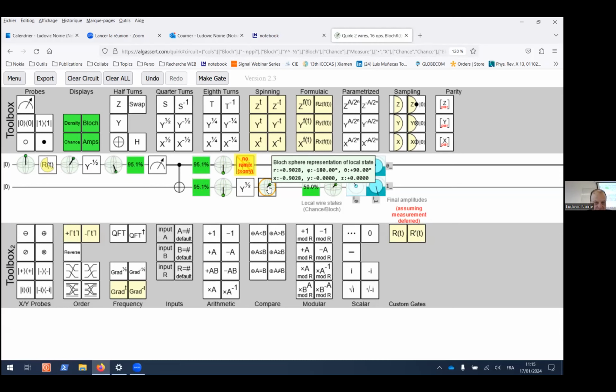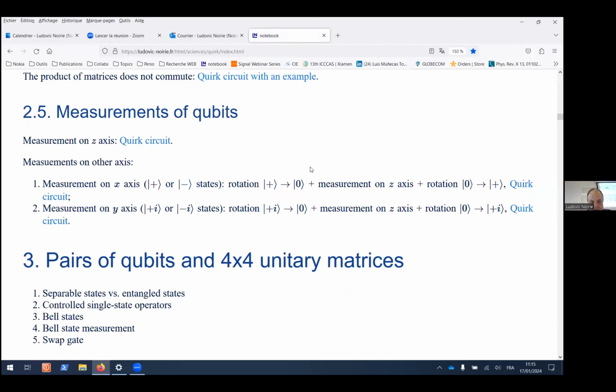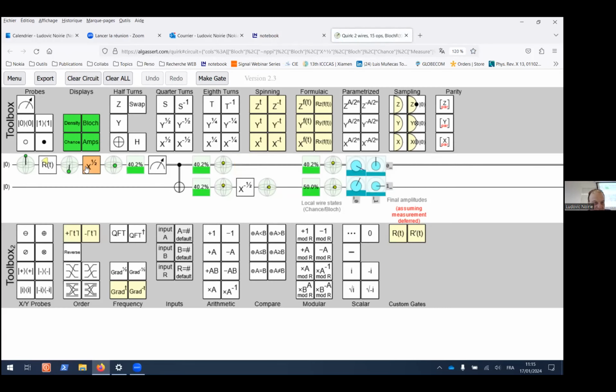It is what we call a mixed state, because the point moves within the ball. Except in some specific cases when you reach the surface of the sphere, in most cases you have something which is strictly within the ball. You can do the same for the y-axis, but then you just need to replace y by x, and it is exactly the same.